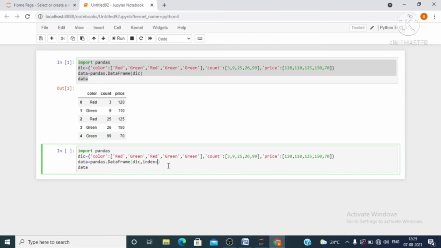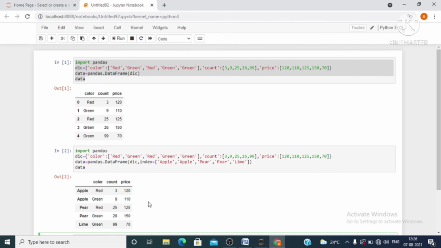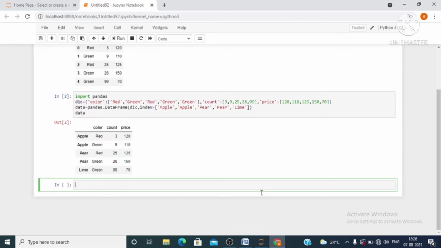So write same apple, apple, pear, next one is also pear, and then last one is lime. So now again run your code and see the result. Now this is the same data frame which is given in your question.